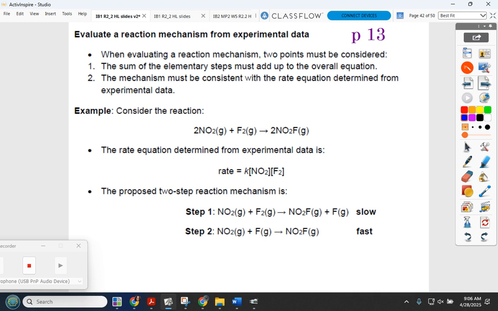So I'm not going to go over number 2. The answer key is already posted. So if you want to practice that, you can do that on your own. Page 13,